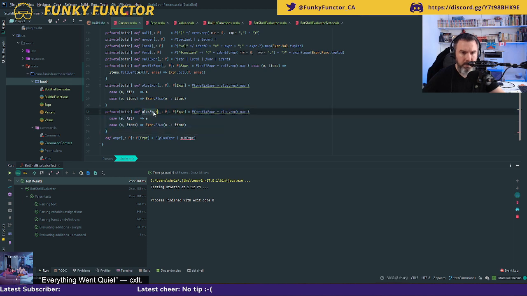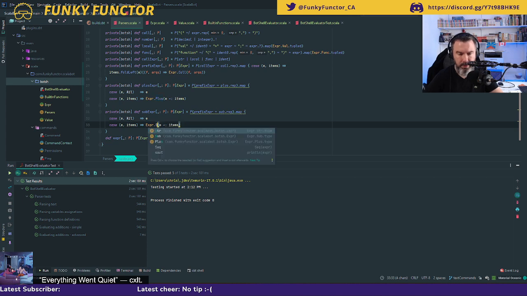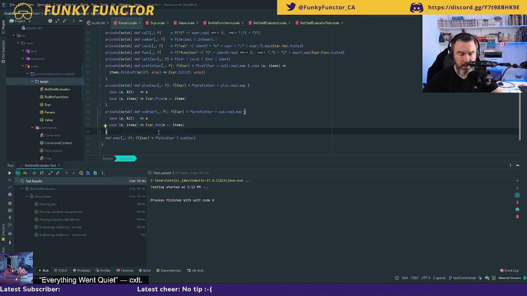I'm going to call this one sub expr, and so the parser needs to match prefix with sub dot representation, and then I am going to be using expr dot sub as the value that gets returned. Cool, I guess.